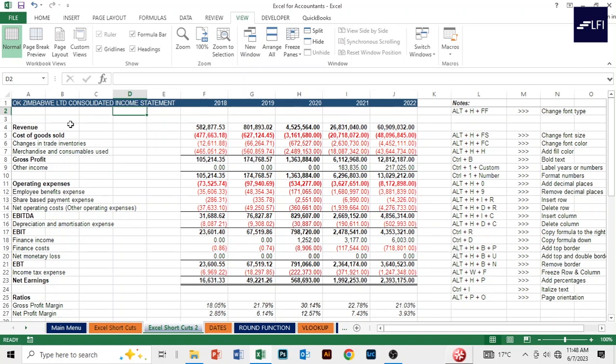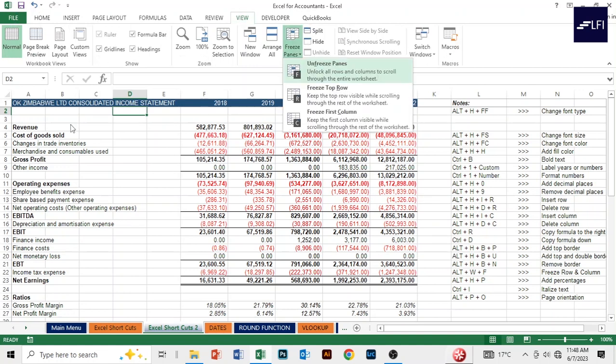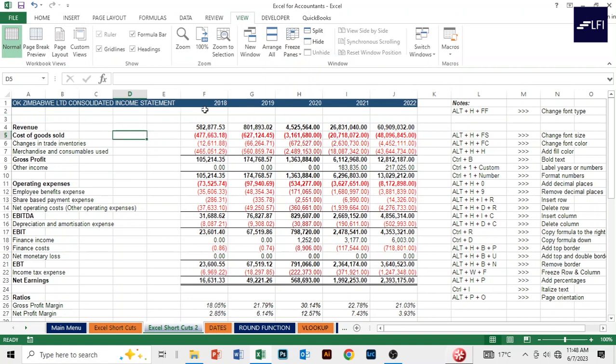So here I'll press Alt W F F, and then I come here, cell F2, and then I will also press Alt W F F, and that will freeze column A to E, and also the top row, such that even if I scroll,